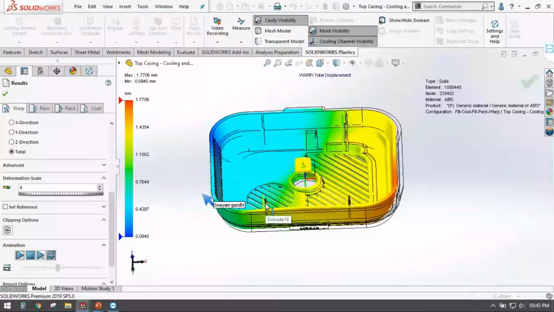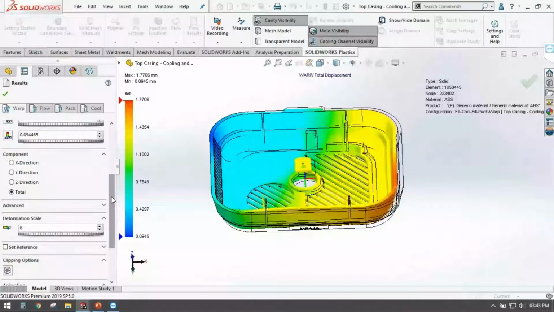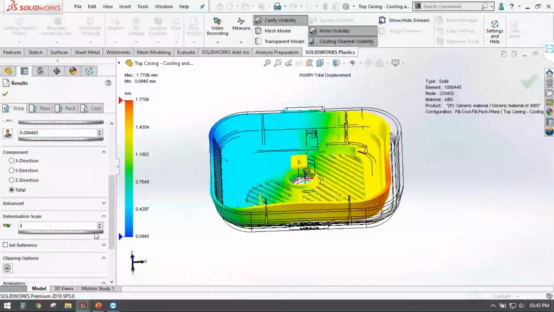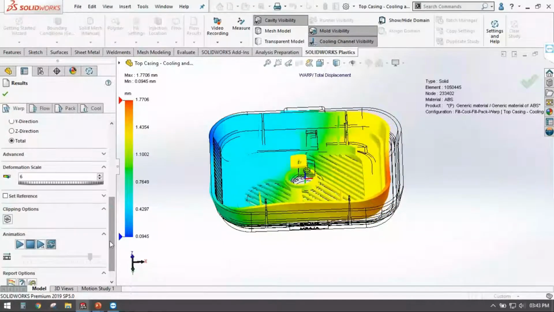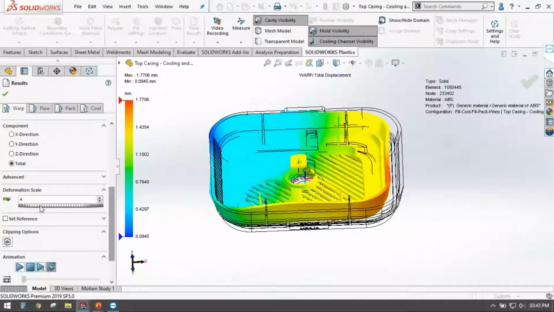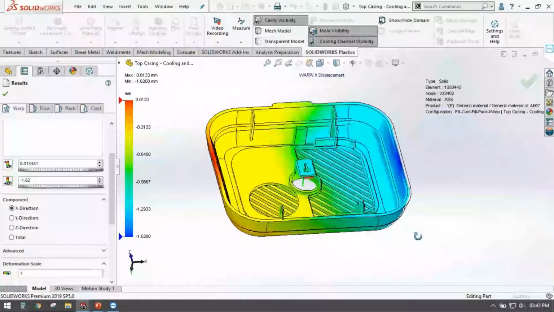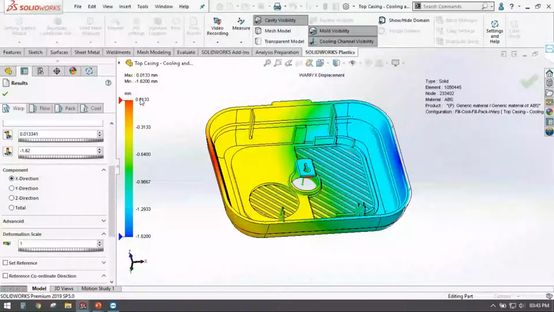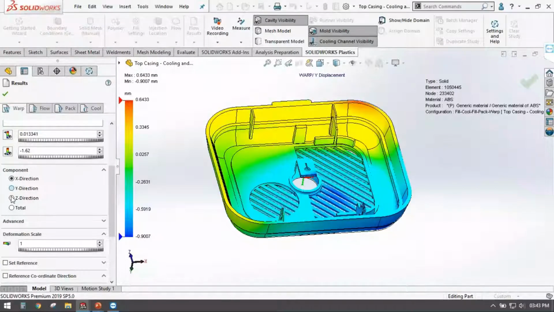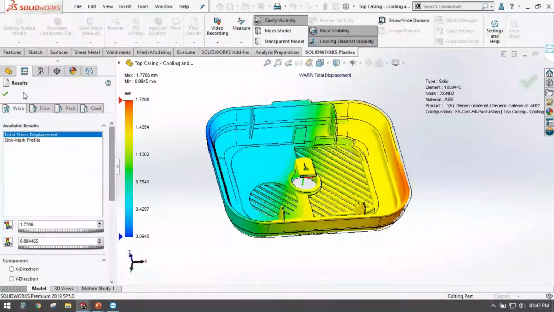So all those iterations you can perform in SolidWorks Plastics and then come to a conclusion about the best parameters to get the product without any failure, right? You can even see the warpage in different directions. In the X direction it is 1.6 mm over here, likewise Y and Z, and this is my resultant warpage, correct?